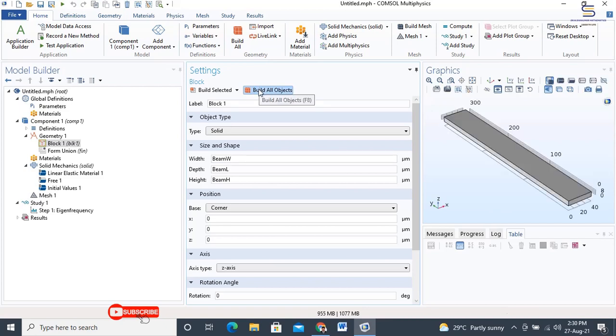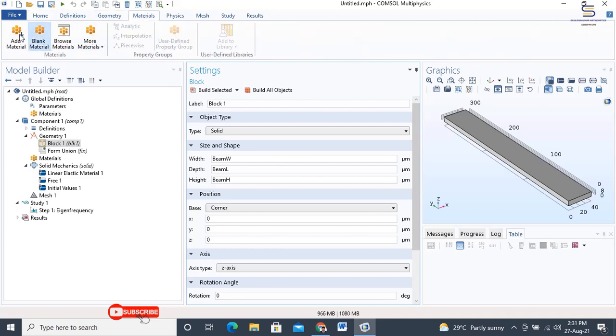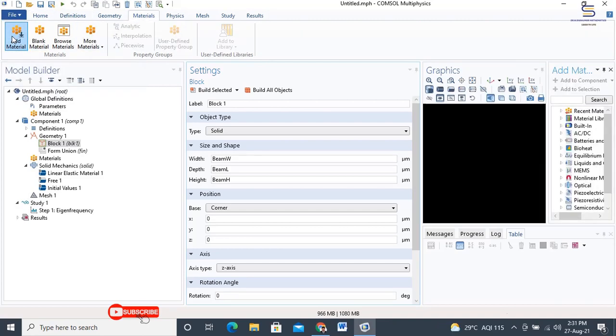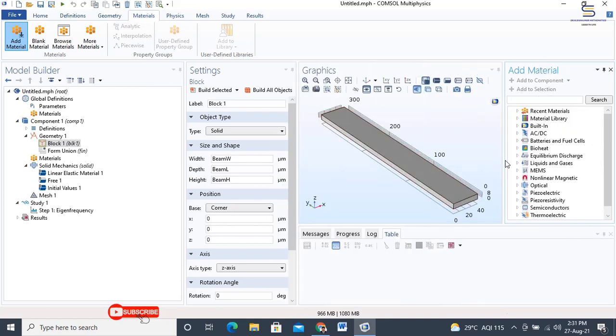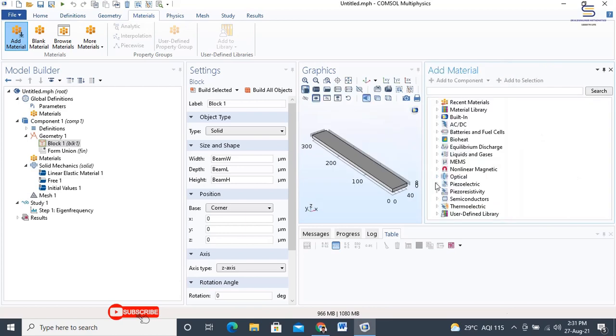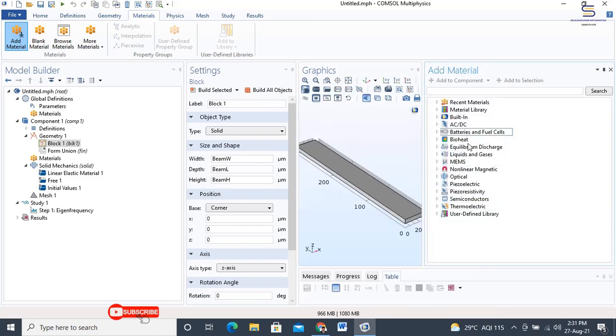Under the model builder, click on materials, but usually you can go into the materials tab and then choose add material. Reduce the size of the settings pane and the graphics pane, and observe that there is a list of materials in the add material pane.